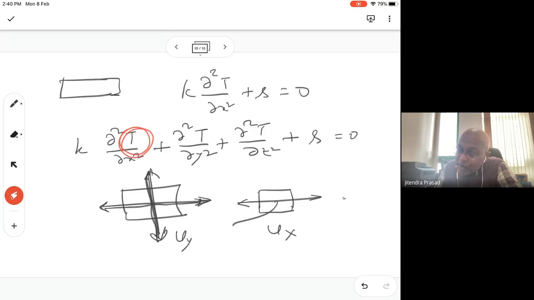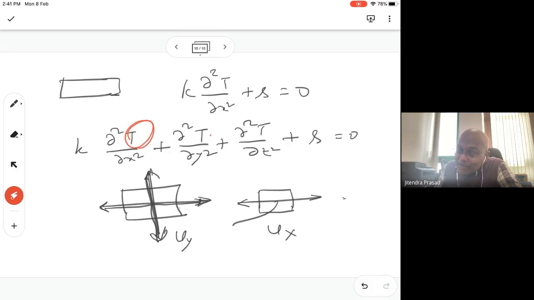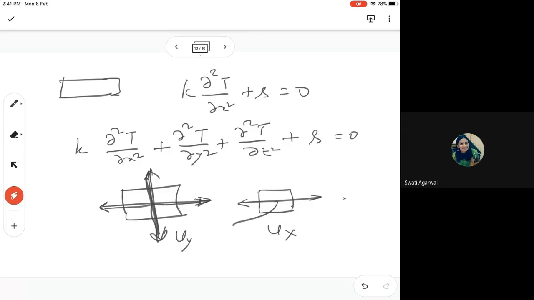But in this case, what you are getting is only the temperature term. There is no Tx term. You got it? Yes. So you have just only temperature. That's it. You have just one scalar popping up here. But in this case, you will have ux term coming here, uy term, uz term coming here. That really means that the same point will have ux also, uy also, uz also, meaning a vector, basically. So there is a variable here which is a vector, which has this component, this component. But in this case, you have just temperature only. Got it? Yes. Okay.